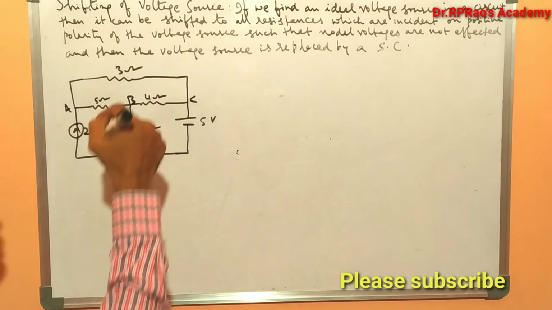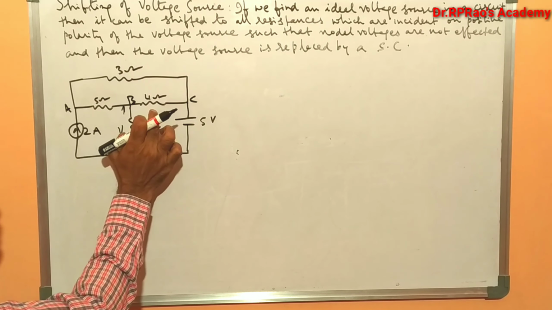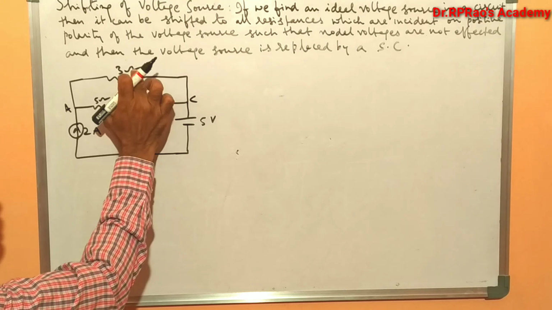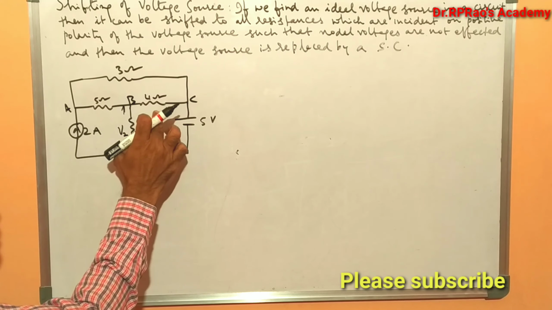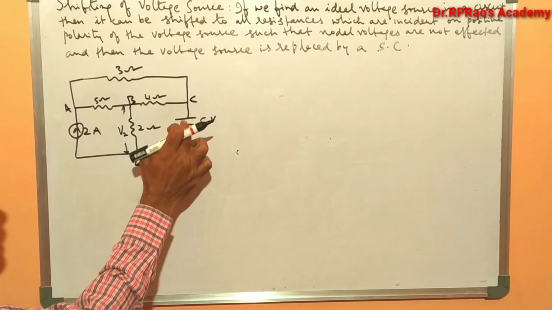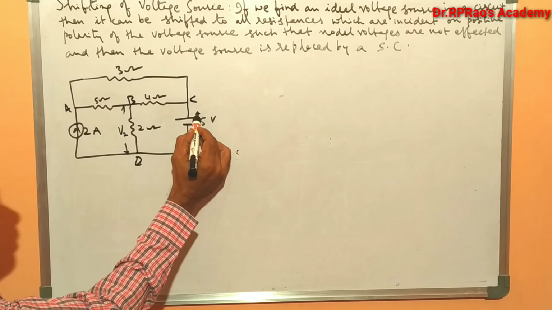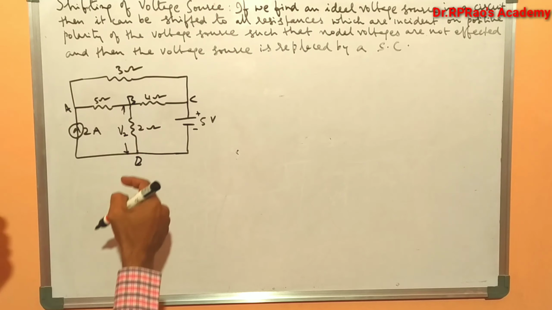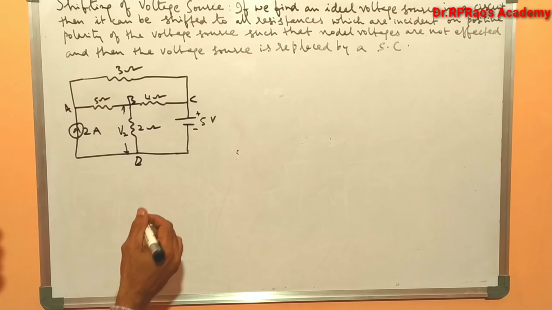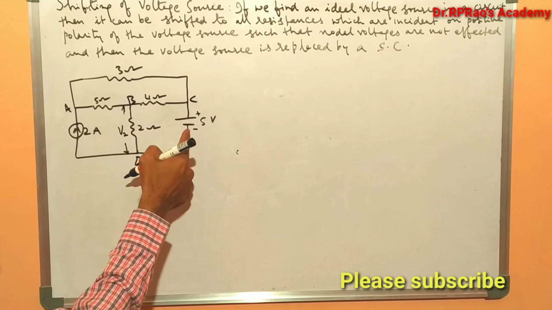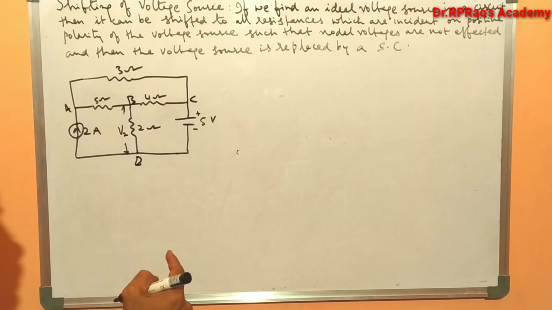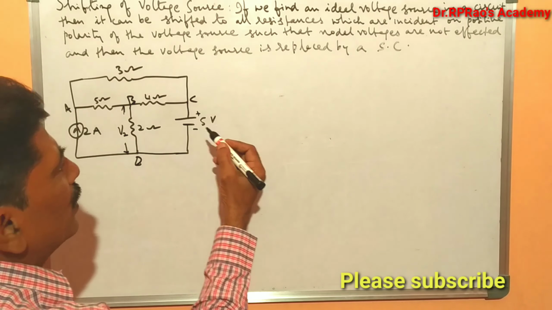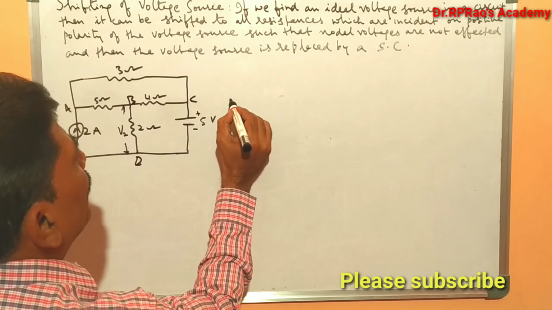Okay, by using this method, these two resistors with resistance 3 ohms and 4 ohms are incident on this positive terminal. So this can be moved through the node C. Then it will be in series with the 4 ohms resistor and it will be in series with the 3 ohms resistor. That is the first step. Now let us move this. After moving, the circuit will be like this.